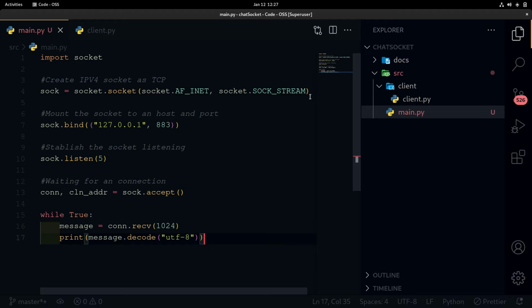When we print the message, we want to send a message too. So let's reuse this variable message, and we establish an input. With this input, we can write in the program.